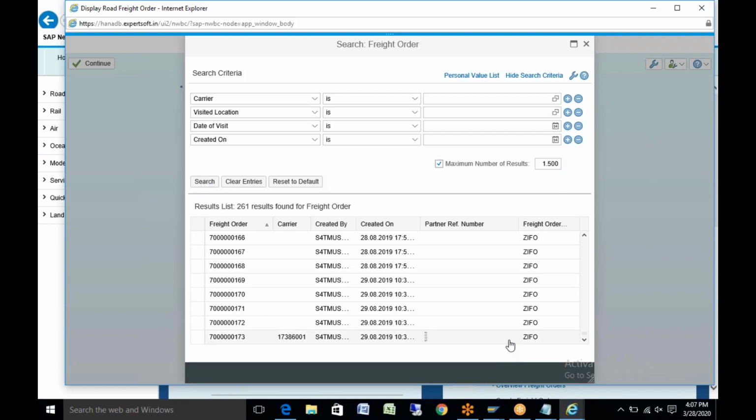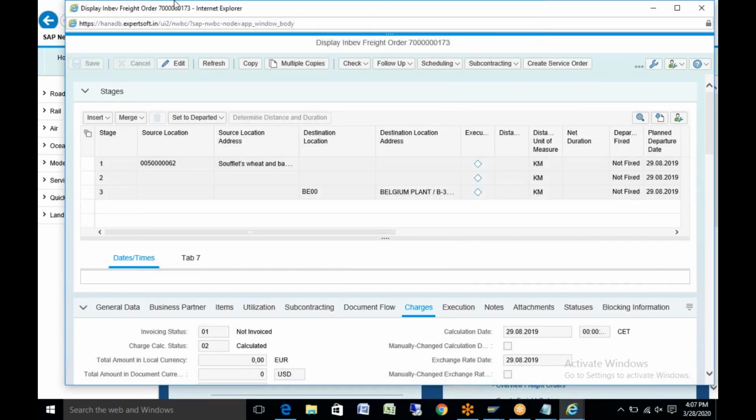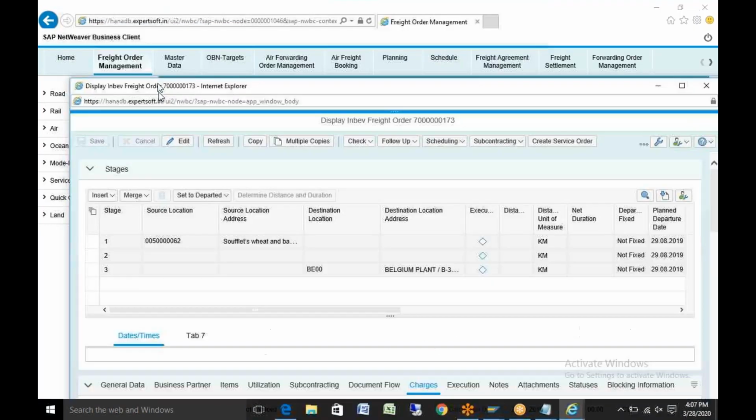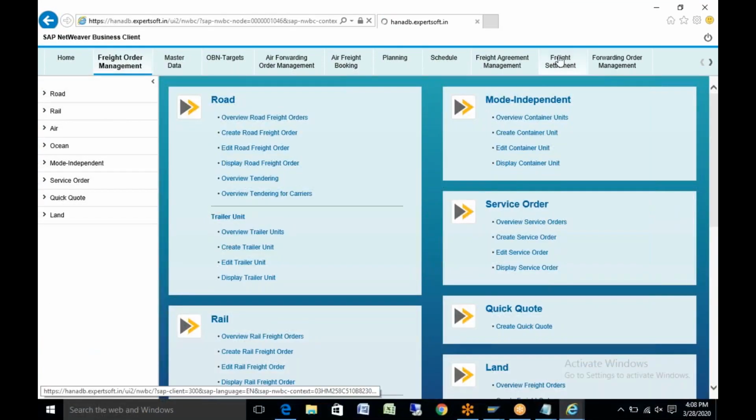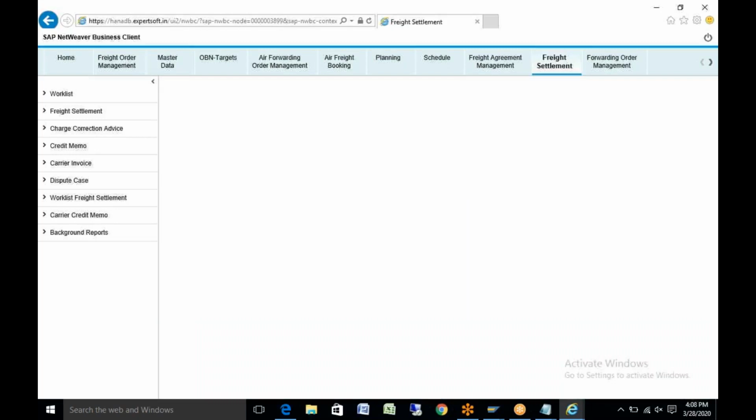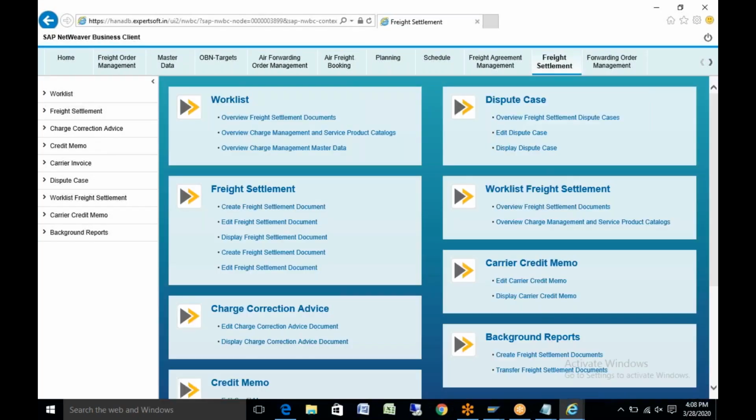Let me see if I have this. Okay, let me go through a settlement, I think that one makes it better. So if I go to any settlement document, from there I'll see the freight order. If I go to overview freight or display freight settlement,